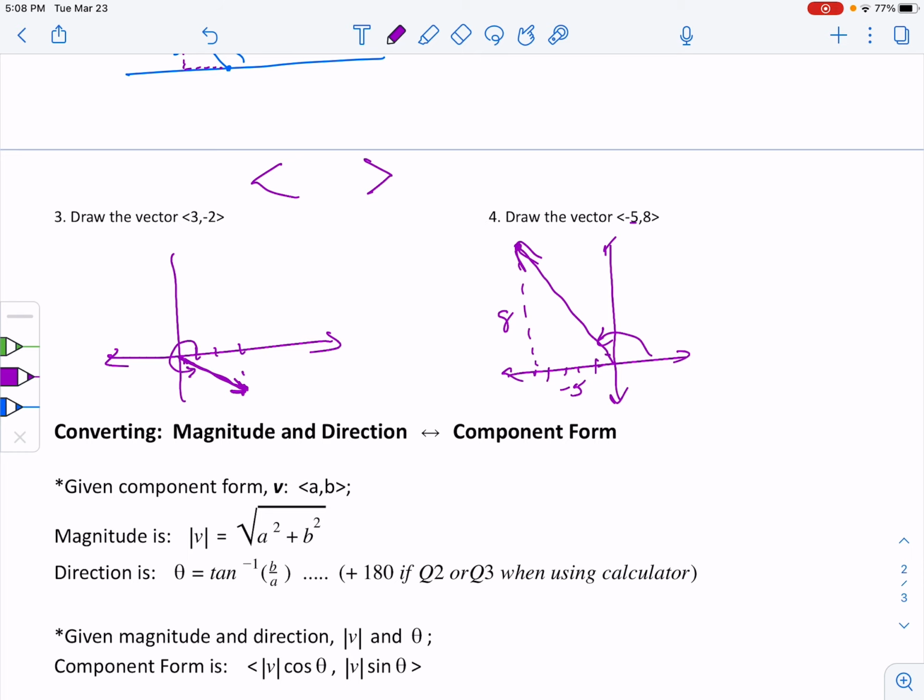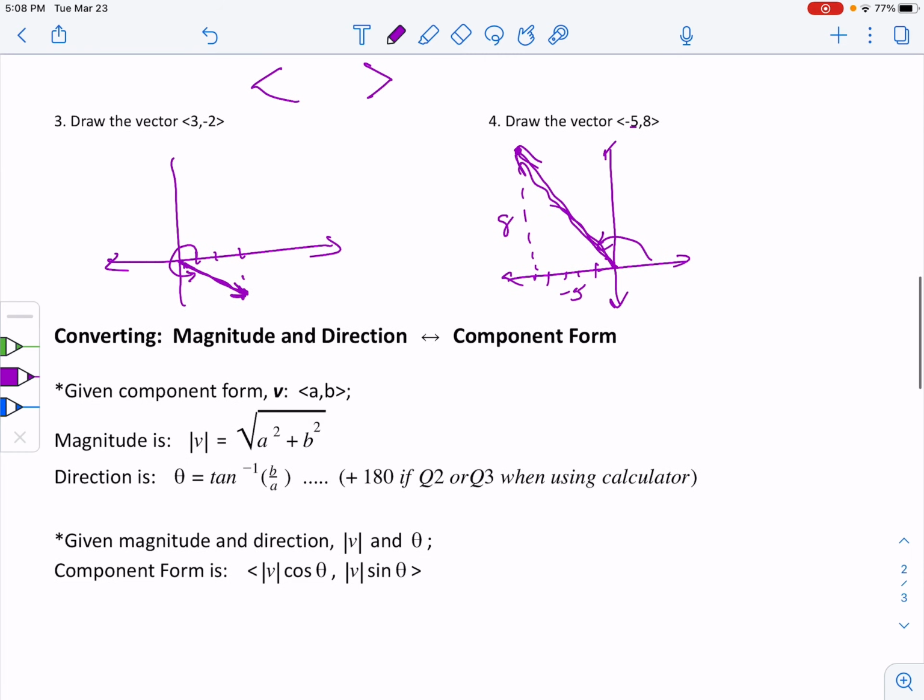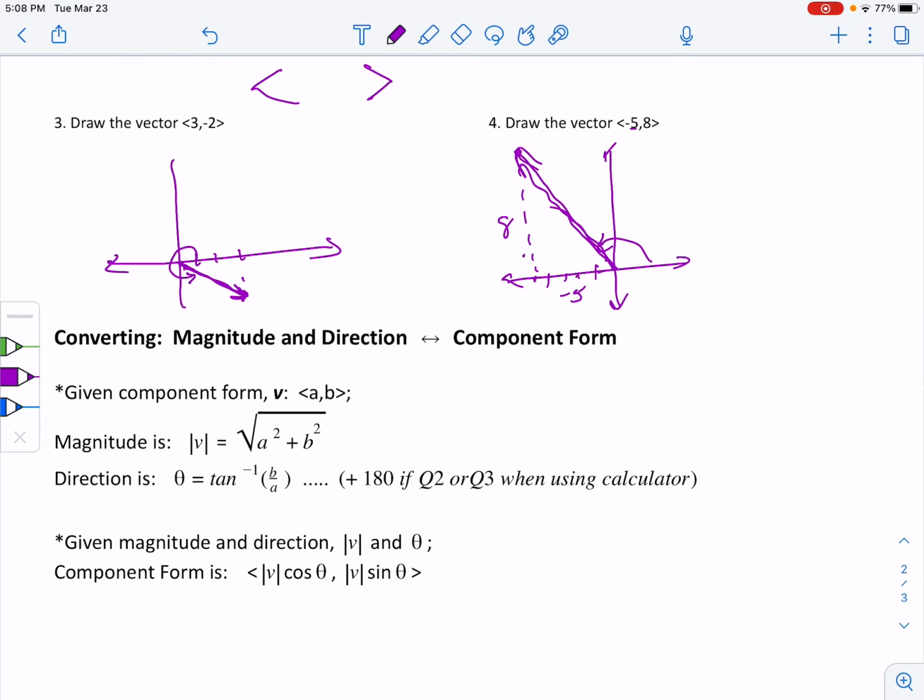So how am I going to find the magnitude of this? Well, that's what the next part says. It's a triangle. A squared plus b squared equals c squared. So the magnitude we use, it looks like absolute value. I put this in there so I know that I'm doing the magnitude of a vector. It's a squared plus b squared and take the square root. The direction, you're going to do the arctan,